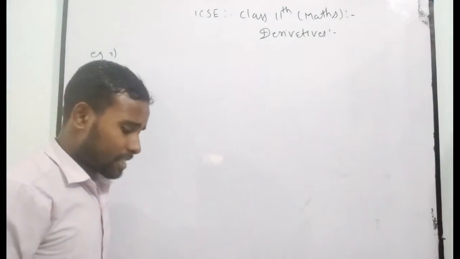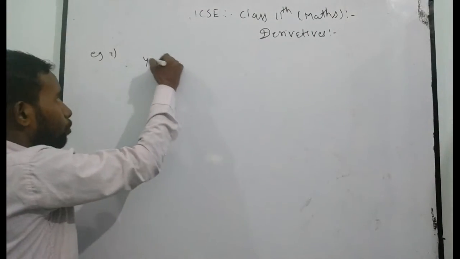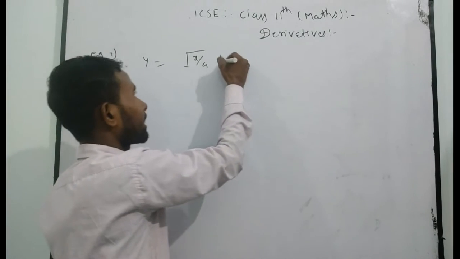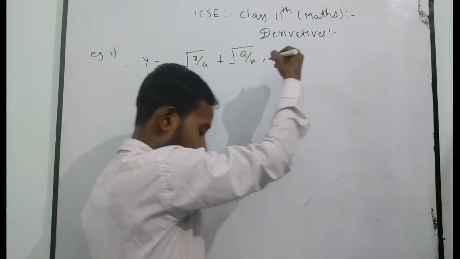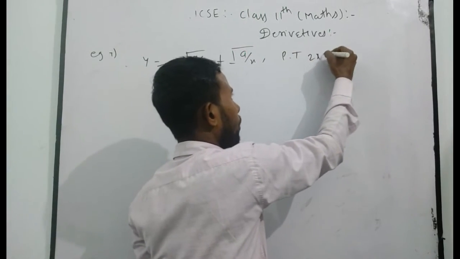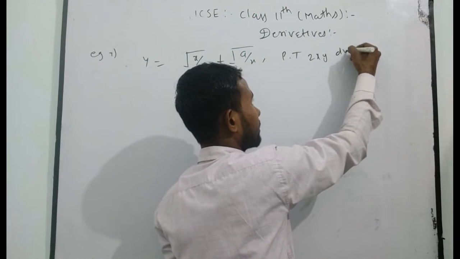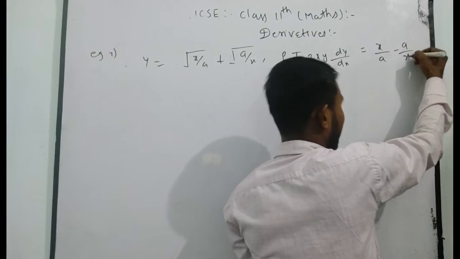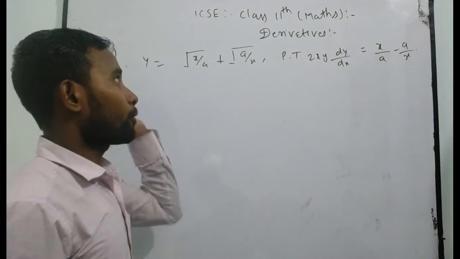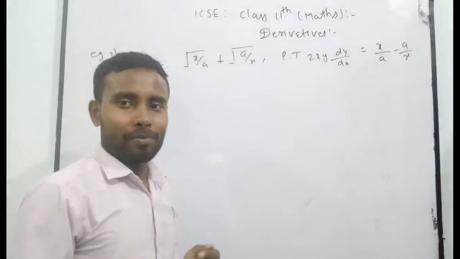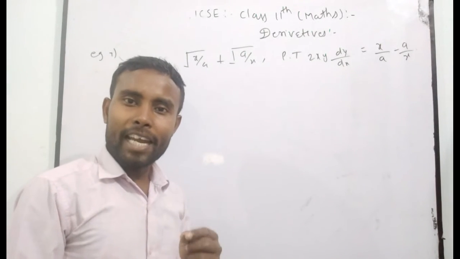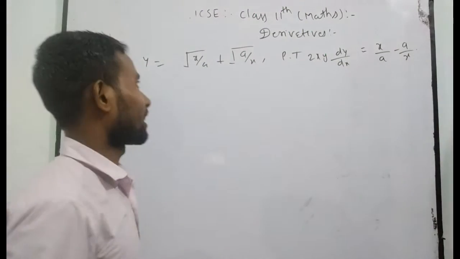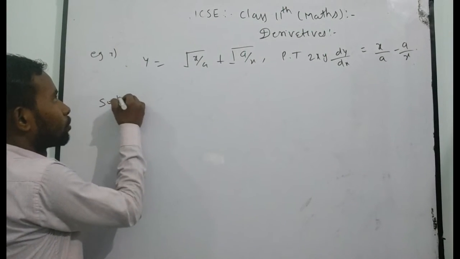See here, example 7. If y is equal to root under x by a plus root under a by x, prove that 2xy dy dx is equal to x by a minus a by x. You have to prove it. How can you prove? If you see in your problem, again go by a similar method. Solution,